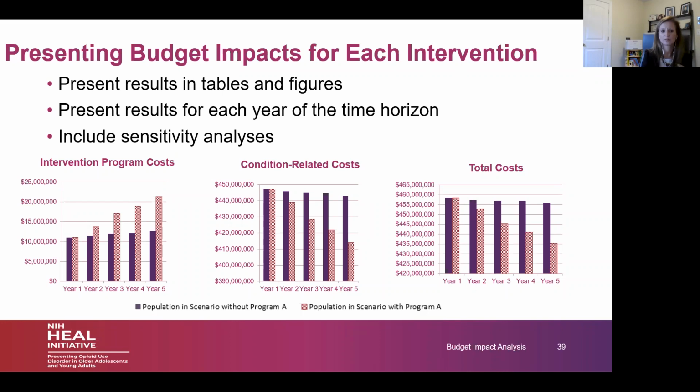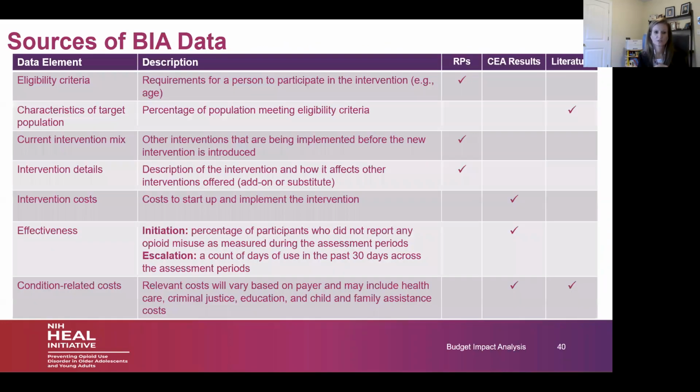The next slide briefly describes the data elements that we're using, and the data sources. And I mentioned earlier that some of our data inputs will be coming from the cost effectiveness analyses, and others will be obtained from research projects as well as published literature. So to conclude, on the next slide,